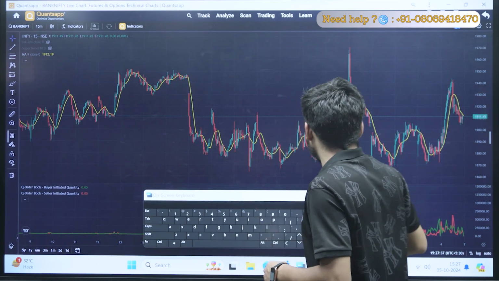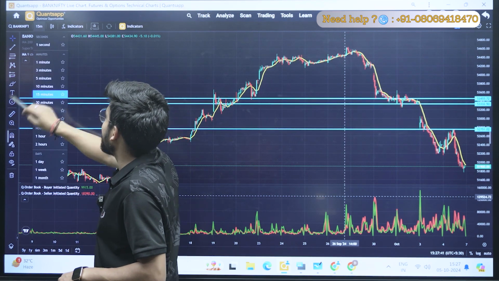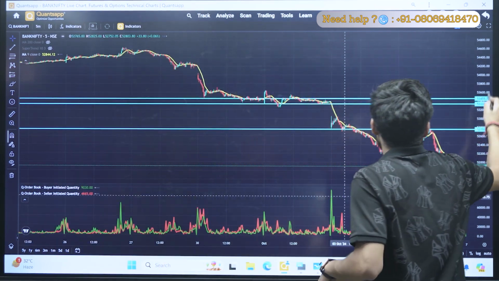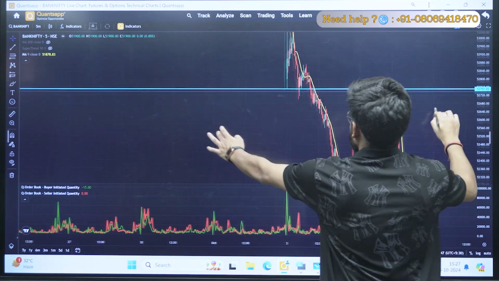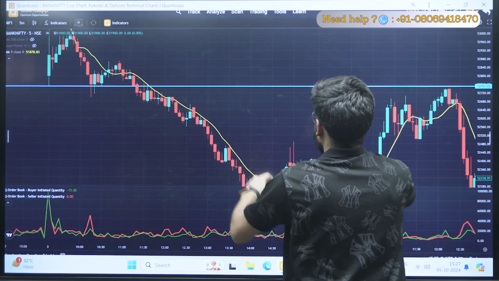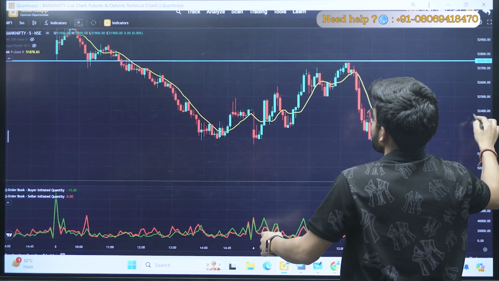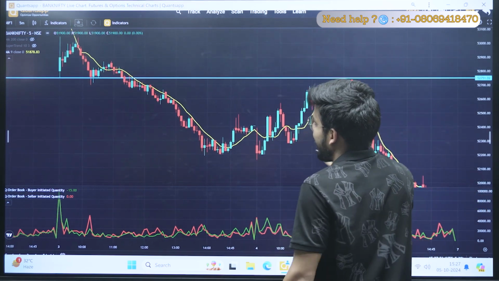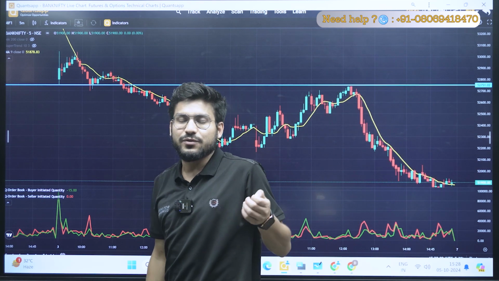So this is the Bank Nifty, okay, and currently the time frame is 15 minutes. Let's apply it in 5 minutes, right? And let me zoom my chart a little bit for you, right? Just a second, okay? I hope my chart is visible to you, right? So this is the chart.